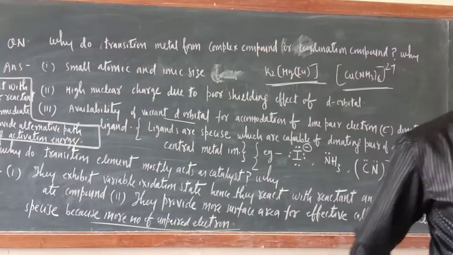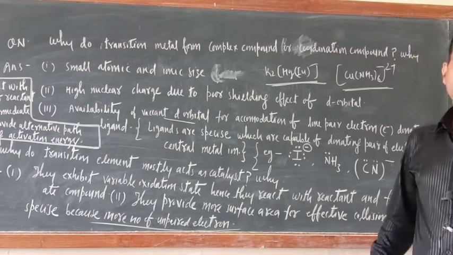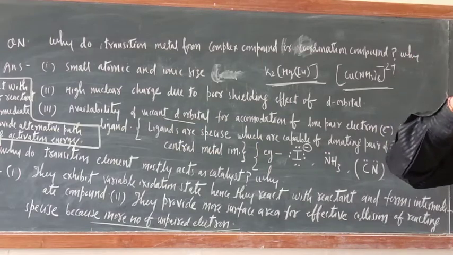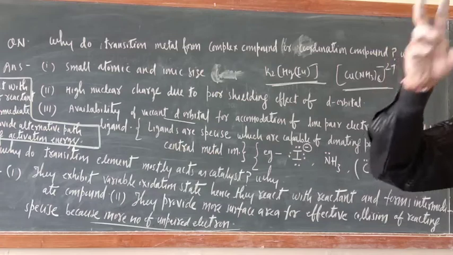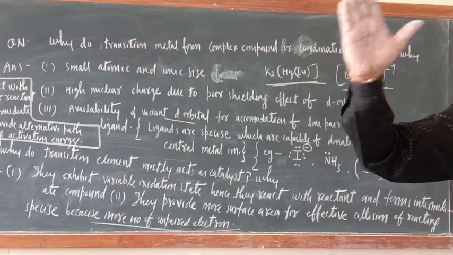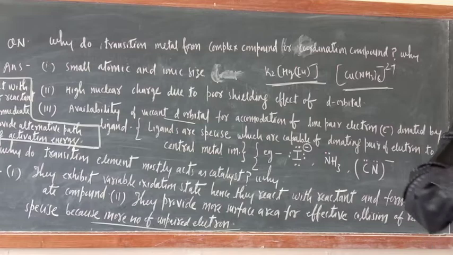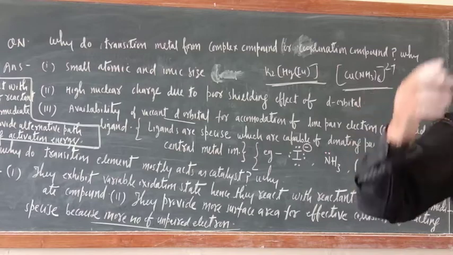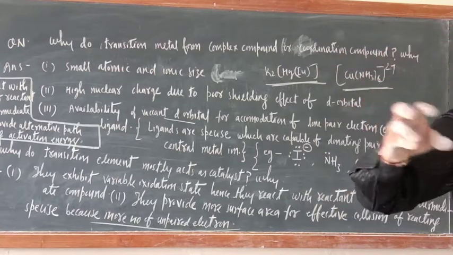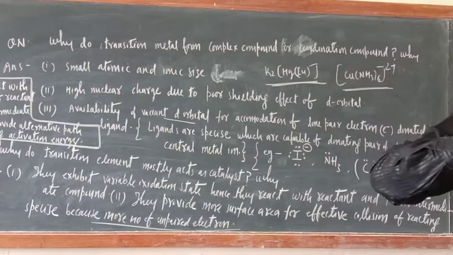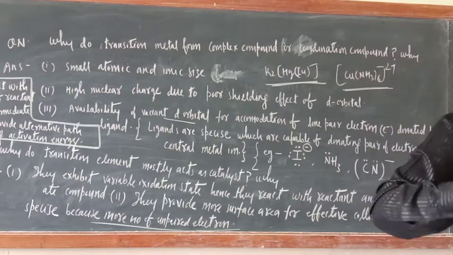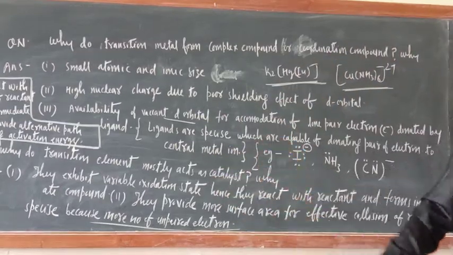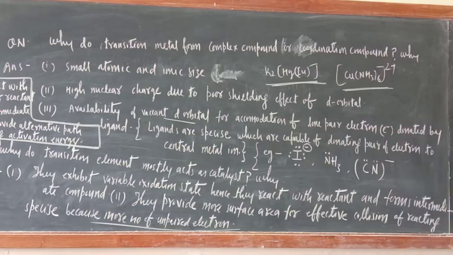Now how the intermediate compound is formed, I already taught in surface chemistry, so I will not teach it again. Suppose two or three reactants are there. Out of them, the catalyst will first react with one of the reacting species and form the intermediate compound. In the next step, that intermediate compound will be broken, and the reacting species' oxidation state or some other property will be changed. In this way the catalyst is free, regenerated, and again it will do the same thing. You can see the intermediate theory.